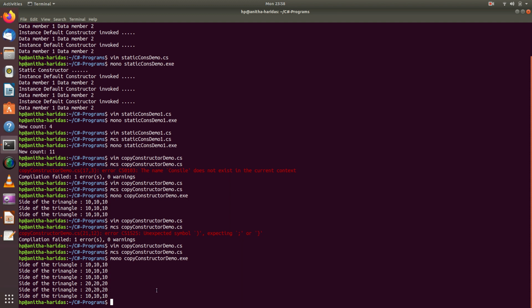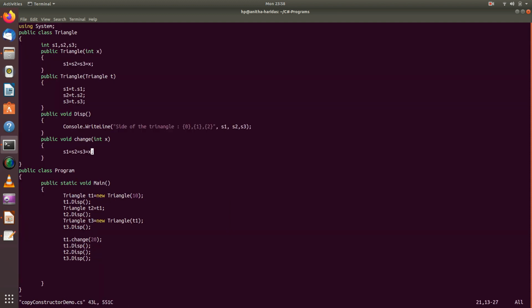Observe here. Again I open the program. I have three objects created, T1 with value 10, I am displaying it. I am assigning T1 to T2 using simple assignment. So what happens? For the object T1, it is creating another reference. Whereas when I am creating object 3, I am passing the values of the object and not the reference.